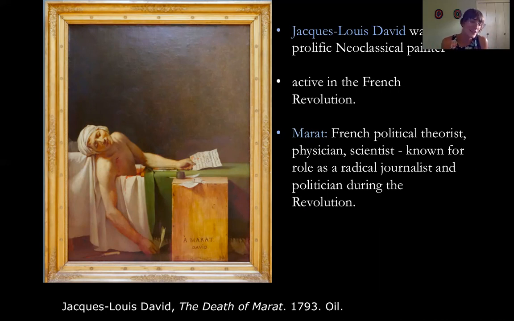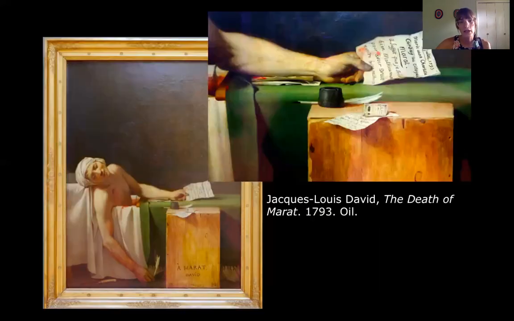So he's not necessarily a perfect person. This is why he had a lot of enemies. And of course, the French Revolution at this point and the Jacobins within that frame were extremely violent. So after he says that, she of course takes out her knife that she's been hiding and stabs him in the chest. You see him dying here. His dear friend, David, paints this as a memorial. If you look closely, there's a note in his hand as well. And David has painted that,